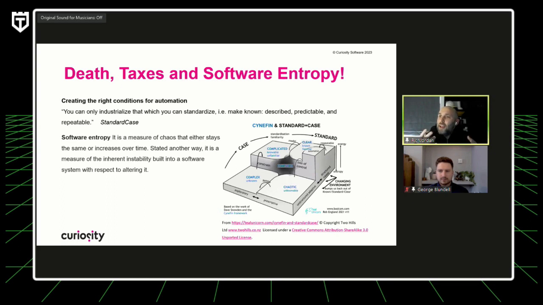When we're talking about software entropy, we're talking about the measure of chaos that we're introducing by making each change, all right? And in the same way that we can go up that step ladder of Cynefin, we can also come down in terms of introducing more complexity and therefore chaos into our understanding of the system. And that feeds into our understanding of the testing and therefore our ability to do automation, right?